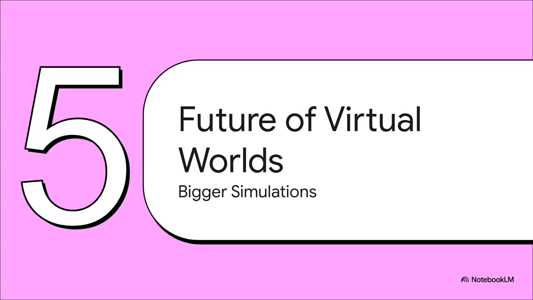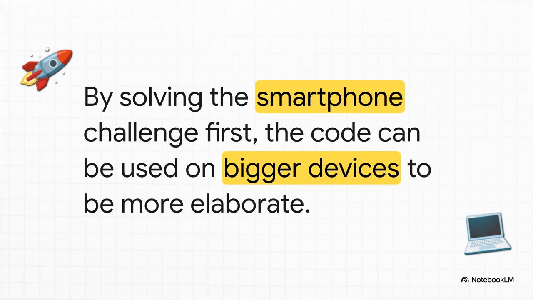But here's the thing. By solving these two just monumental challenges, the behavior and the hardware, he didn't just end up with a cool app. He literally unlocked the door to a much, much bigger future for all virtual worlds. And here's the really brilliant part. It's kind of backward, right? But by solving the hardest problem first, making this advanced AI run on a weak little smartphone, he accidentally created this super efficient foundation. And when you take that lean, optimized code back to a powerful PC, well, you can scale it up into something truly massive.